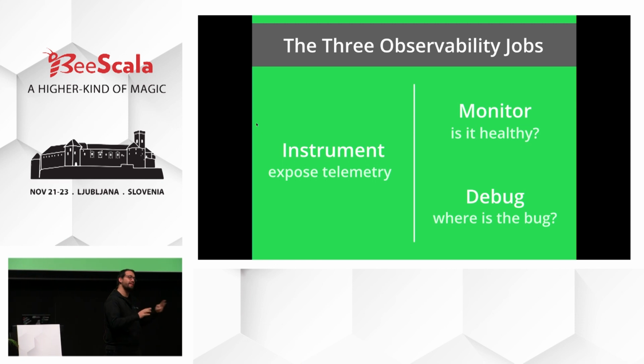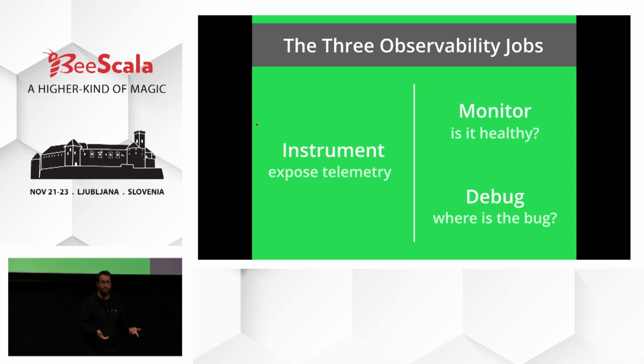Somewhere where you can analyze it and do something with it. Then, once you have that data, you need something that will help you analyze it to answer the question, is your app healthy or not? That's basically monitoring. You end up somehow measuring some signals that come out of your app. You create an alert out of that, and you can answer the question, is it healthy or not right now?